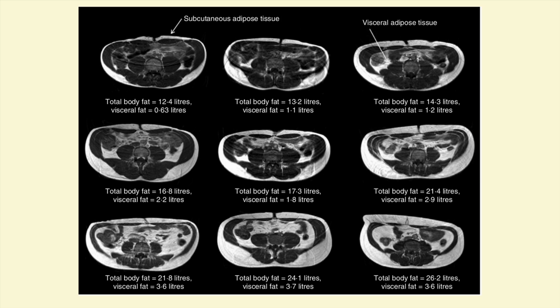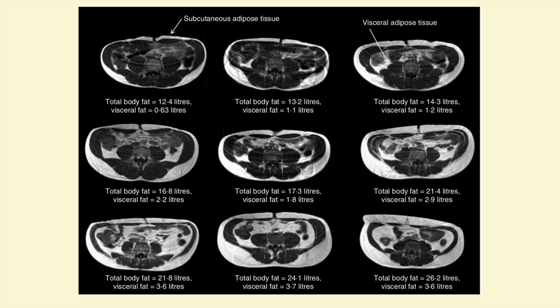So what I want to show here is another MRI scan, and again, this is all of different individuals. What you can see on the outside is their subcutaneous fat, and inside is visceral fat. This is our healthy athlete, and down the bottom is our most unhealthy person. Look at the difference in the amount of visceral fat in their abdomen. The degree of white inside that abdominal cavity is the amount of visceral fat. You can see that this person has 3.6 liters compared to this person who only has 6.63.